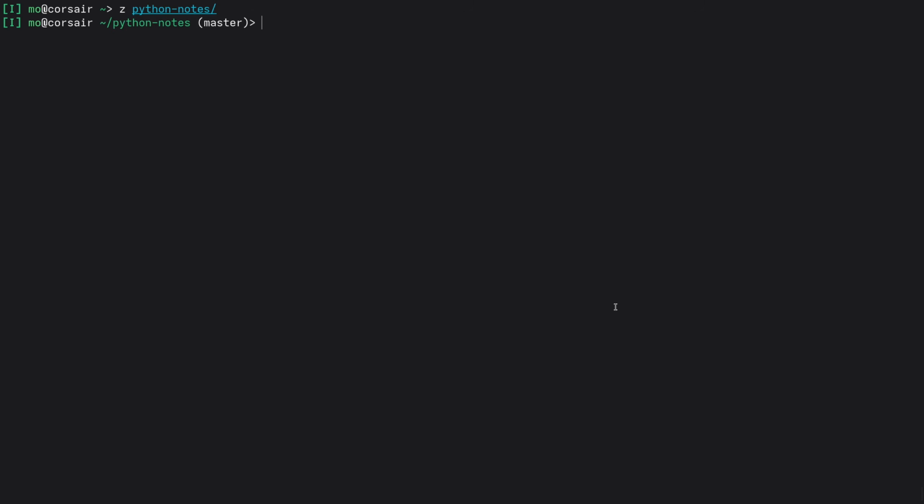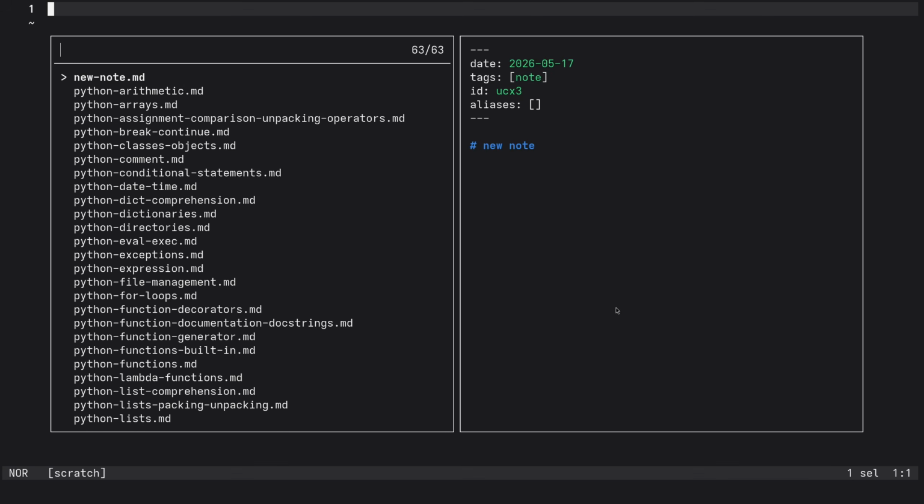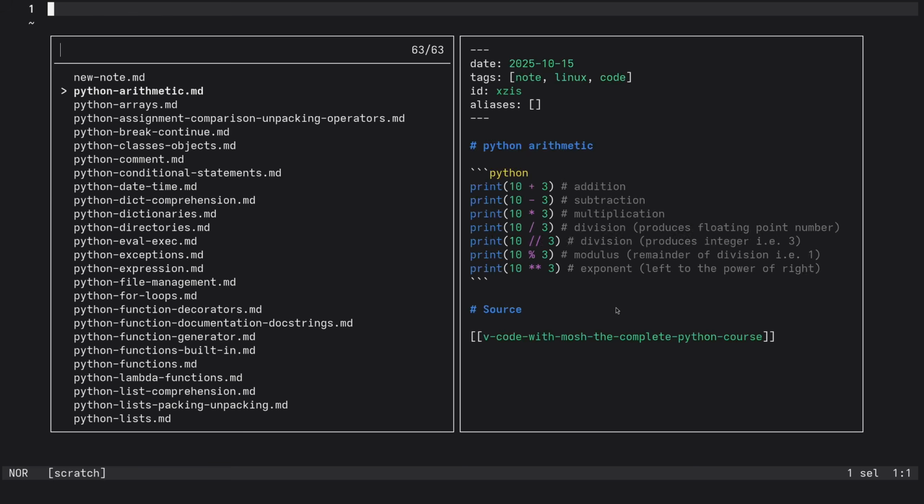I have a much bigger notebook, but I'm just going to show you this subset here because I have a ton of notes on private stuff, and I'm just going to show you my Python notes here today. So these are all my notes on Python, quite a bit actually. And I can just go in here with my editor and just open these files here in a picker, and you can see,